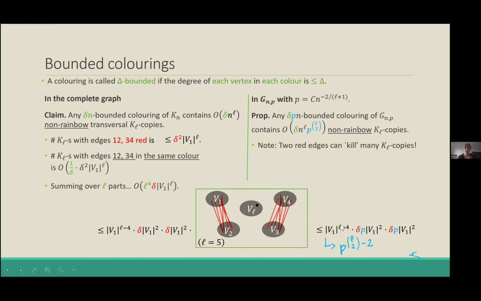Okay, but now a natural idea that I've already spoiled is to actually look at all edges of the red color. So now we just don't fix on 2 of them, but we look at some delta proportion of edges on the left and on the right, and we try to claim that now these edges kill at most delta squared proportion of KL copies. And now this is a reasonable thing to expect, but definitely not easy to prove.